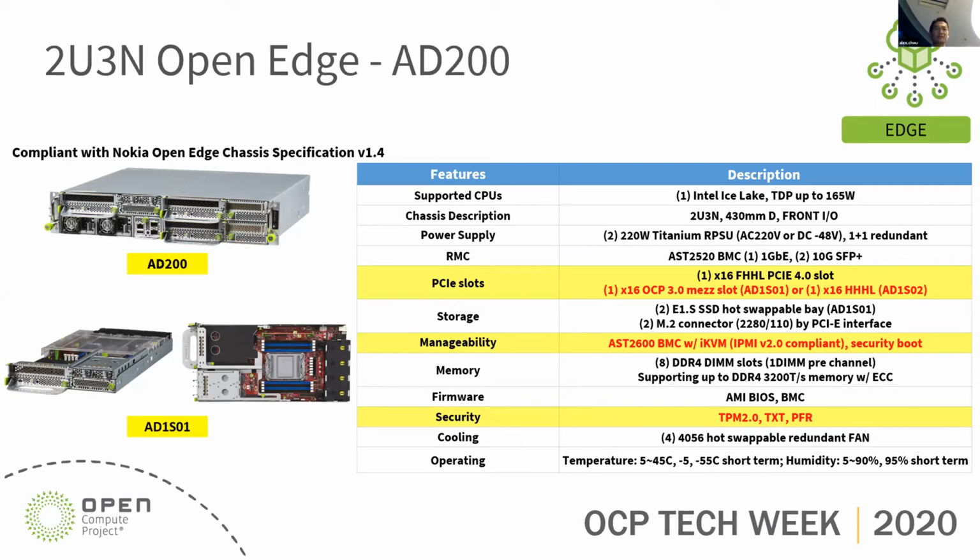The server I'm showing here is a 2U 3-node server. We are in the process of migrating it to a new generation. In that case, we can have higher performance CPU, DDR, and PCIe. Besides that, I highlight